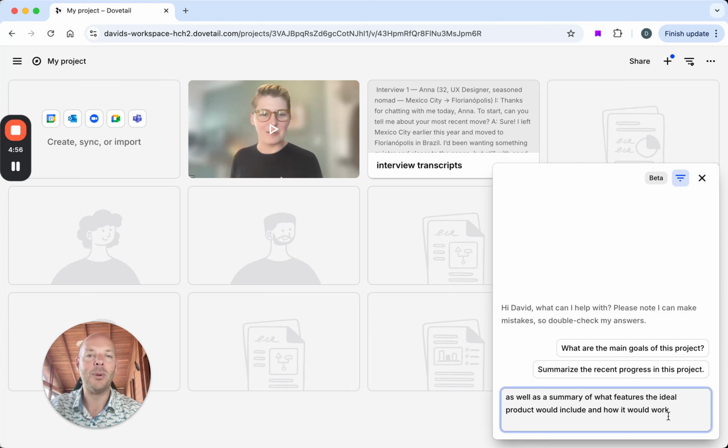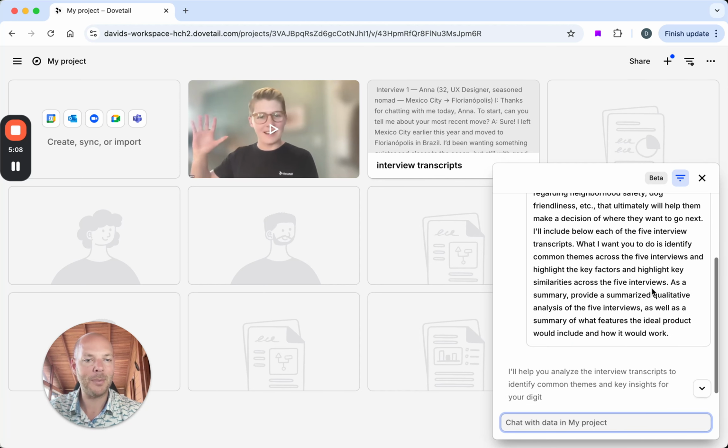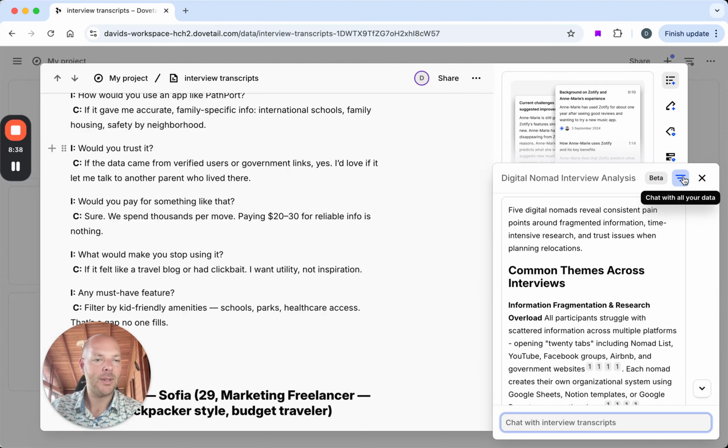Again, I'm doing this all for the first time. This is the first time I've ever opened Dovetail, seen Dovetail. This is the first account I've created, so we're experiencing it together. All right, so we've got the prompts. All right, so let's check out